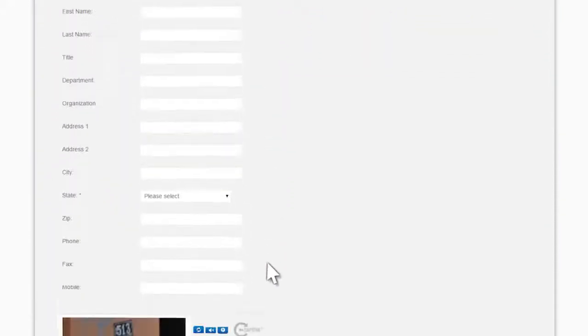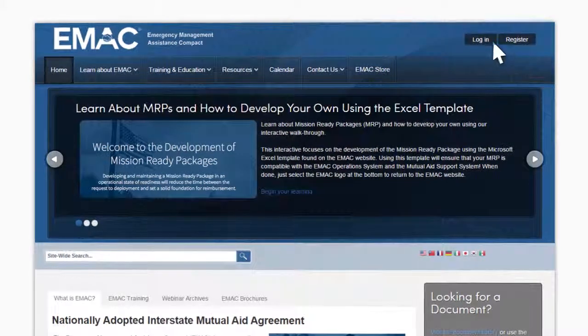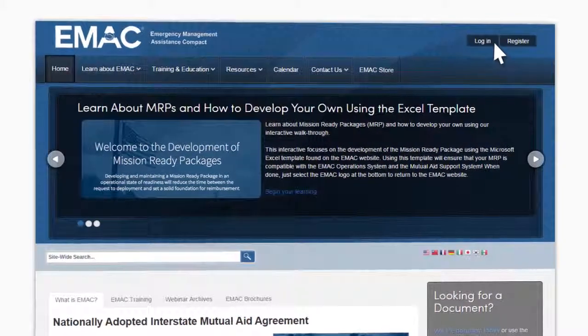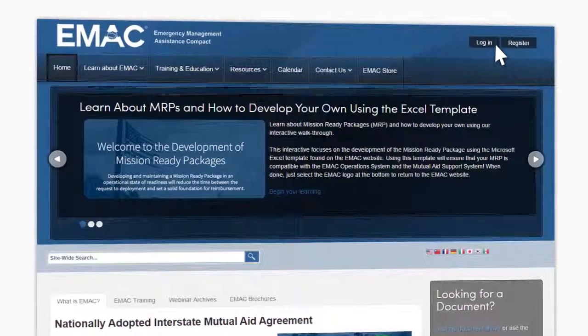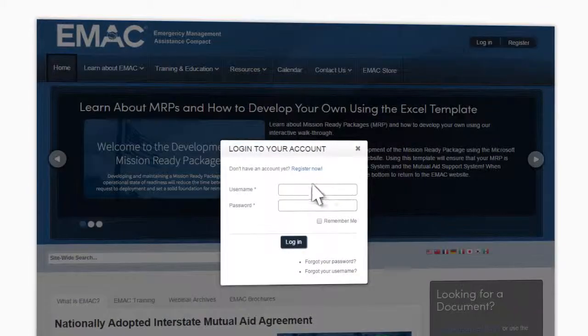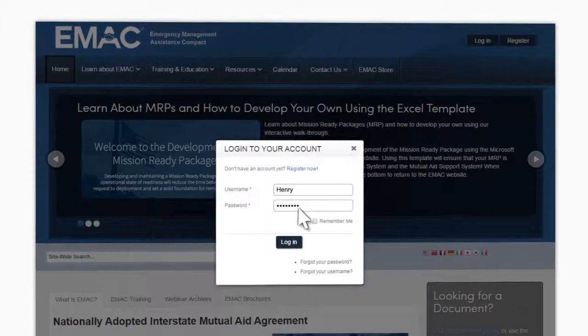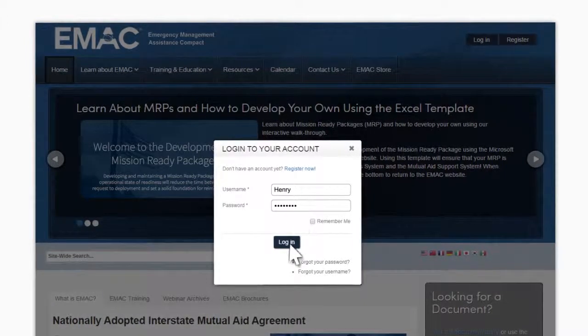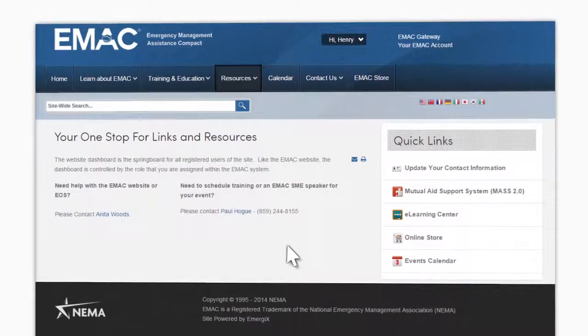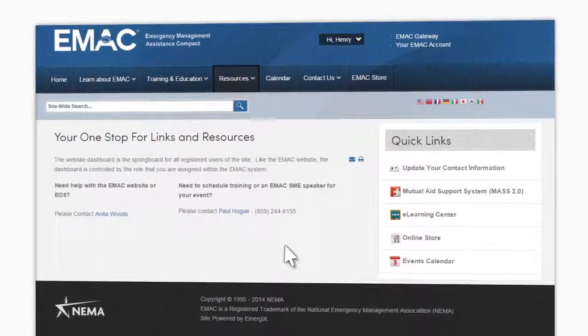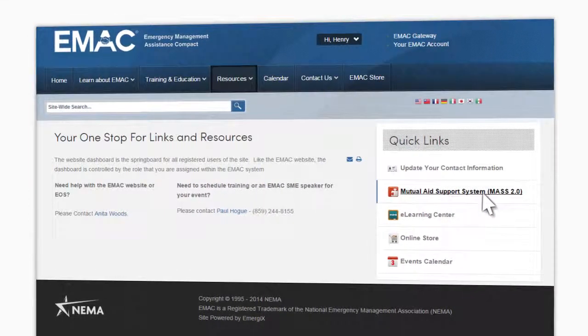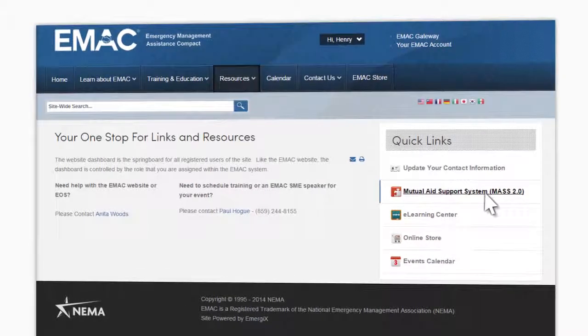Complete all of the fields and select Register. Once registered, log into the site by selecting Login at the top right of the page and entering the username and password you selected during the registration process. These fields are case-sensitive. Upon login, you will be redirected to the EMAC gateway. Select the Mutual Aid Support System, MAS 2.0, from the list of quick links from the right side of the